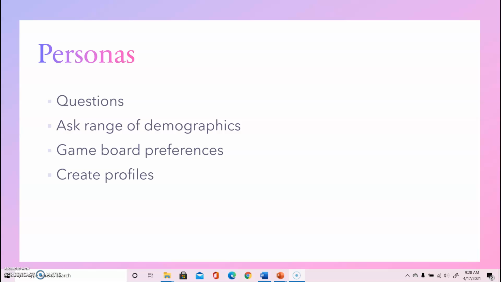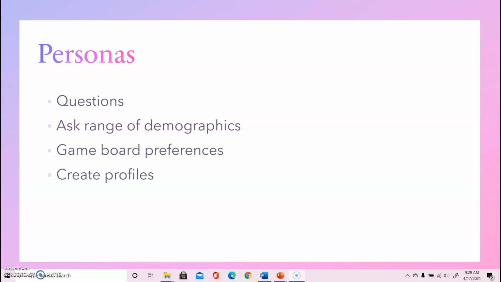I came up with a profile for a senior citizen who has more time than not to spend with family, and then a profile for someone who is more middle-aged, who's already in their career, maybe not as much time to focus on a board game, but definitely more family-oriented.